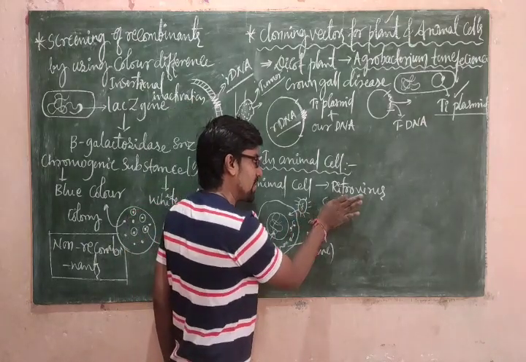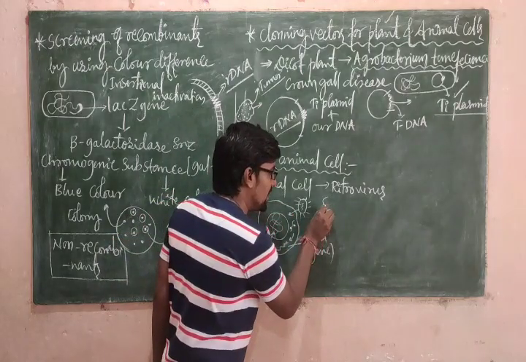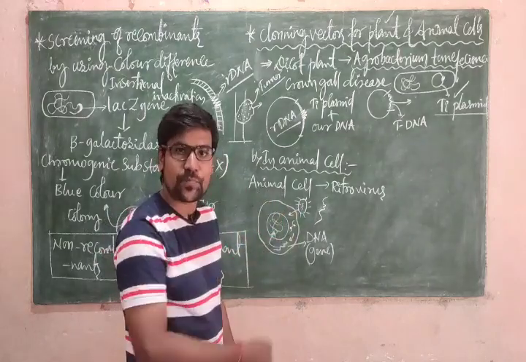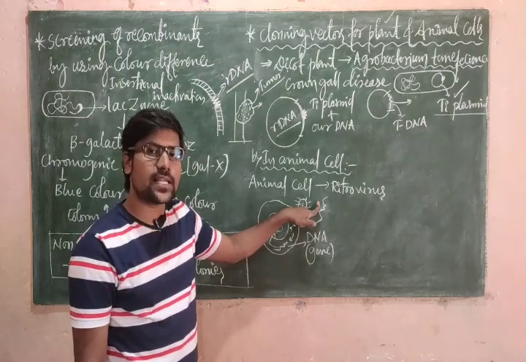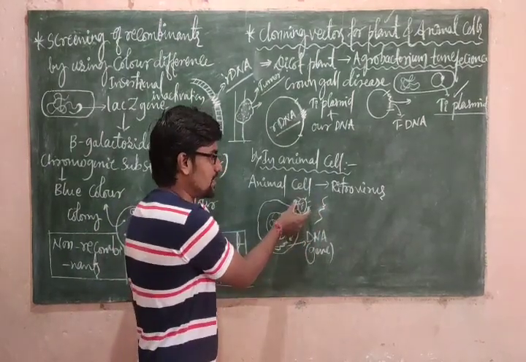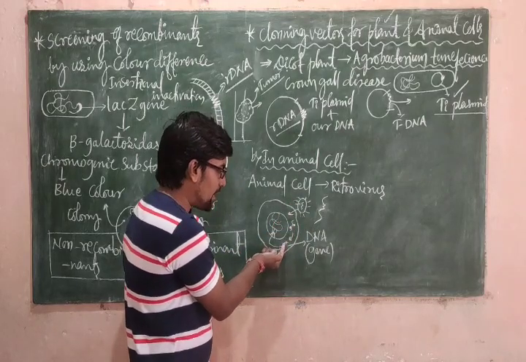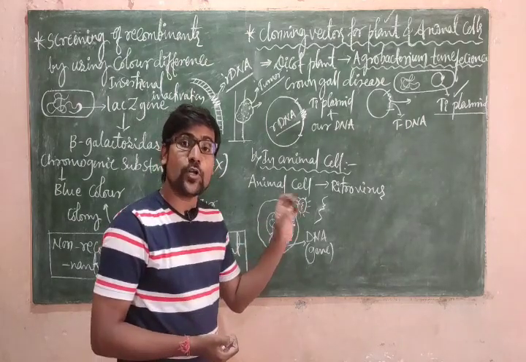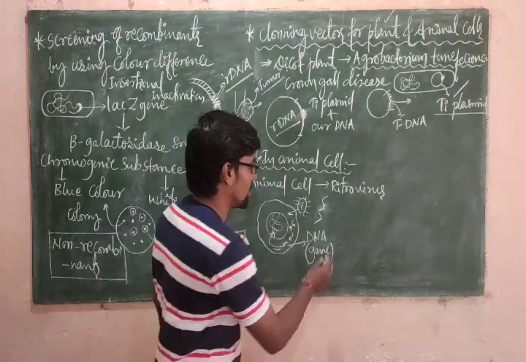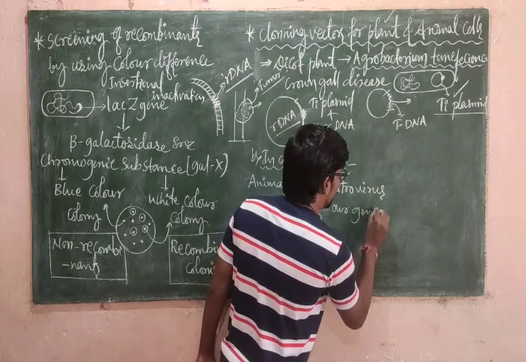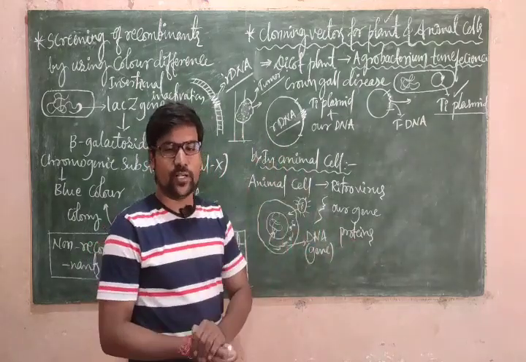I am cutting this RNA with the help of a particular endonuclease enzyme. In that gap I am adding a single strand of our DNA. Now this is just like recombinant, not DNA, but just like RNA. Now this is present in the virus, then enters the host cell, then the single stranded DNA becomes double stranded DNA, mixes with host DNA, then starts producing proteins. Which proteins? Not the viral proteins, our gene proteins get produced. That means our aim is fulfilled.